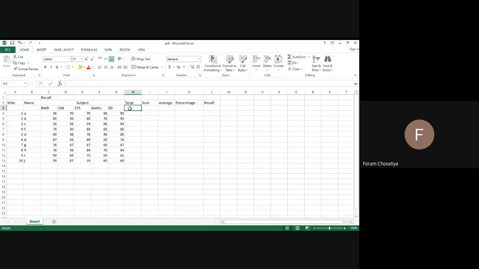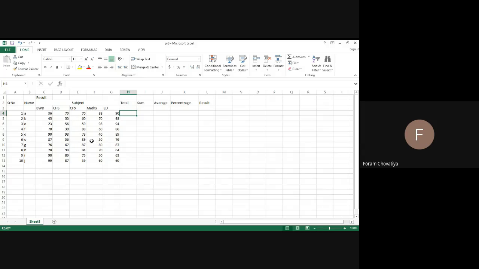Then how many total marks are there per subject? Per subject we have 100 marks, and we have 5 subjects, so how much will the total be? Tell me first. 500.